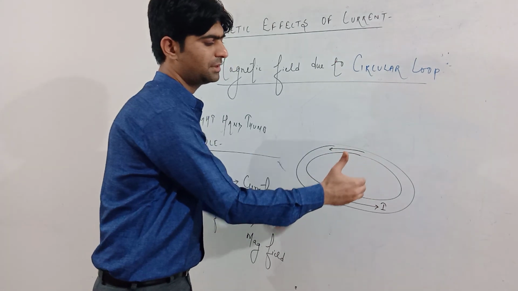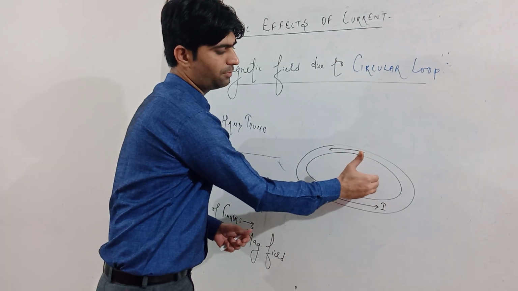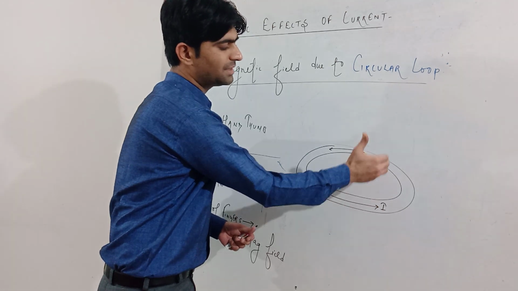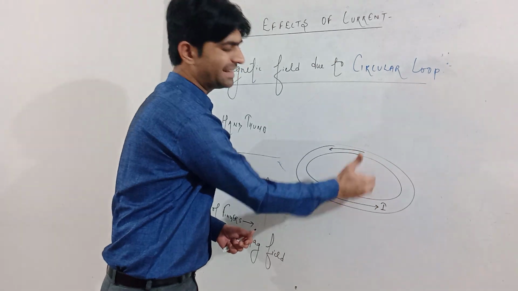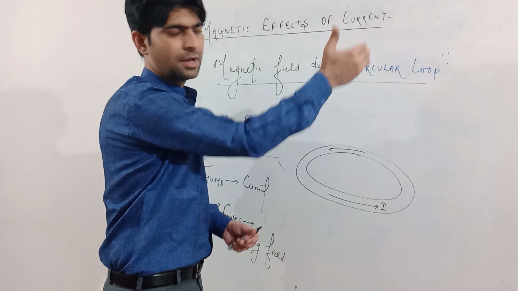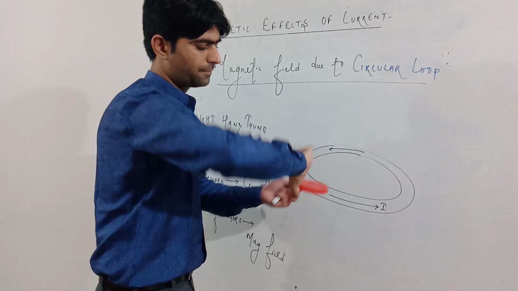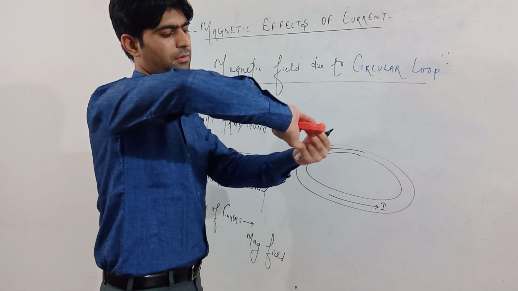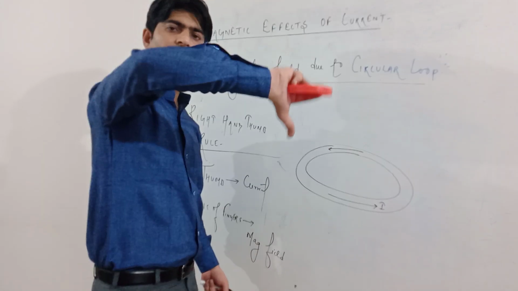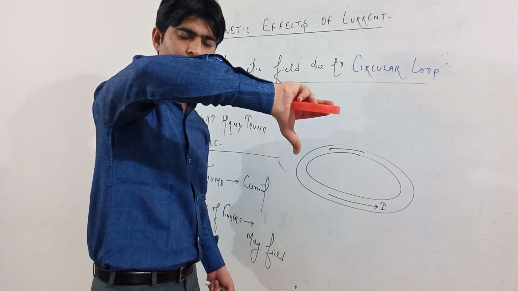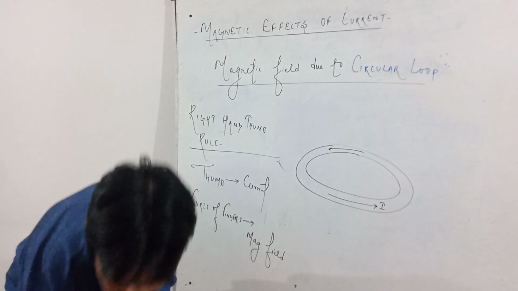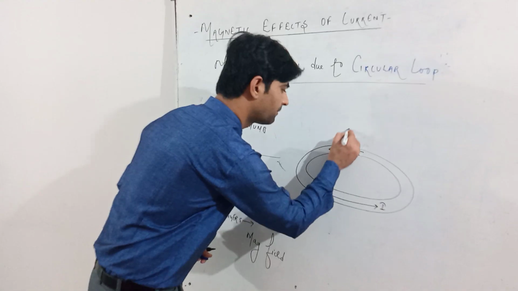So I am holding this. If I consider this loop as a ring and the thumb is indicating upward, that means at the center of the ring the magnetic field will be vertically upward. And if I change the direction of current, the magnetic field will be vertically downward at the center. So at the center the magnetic field will be